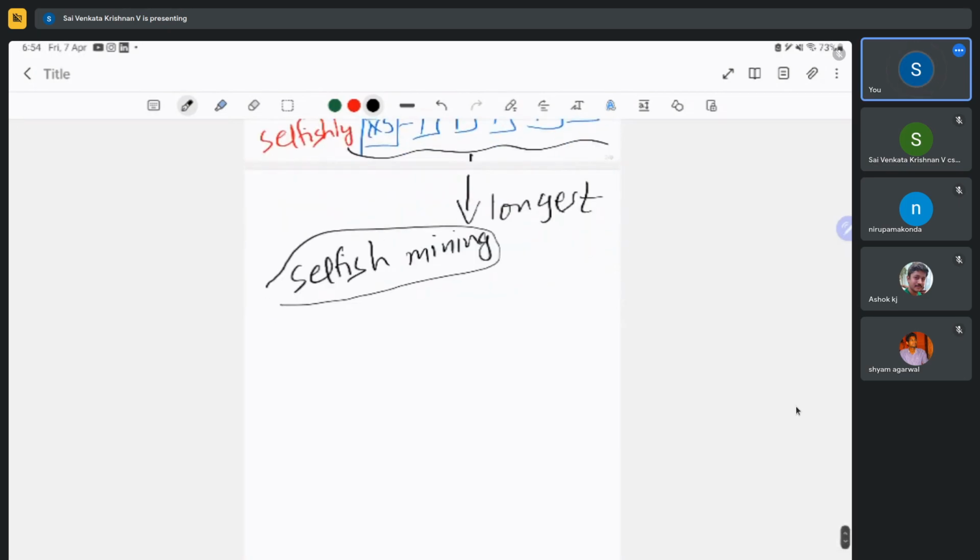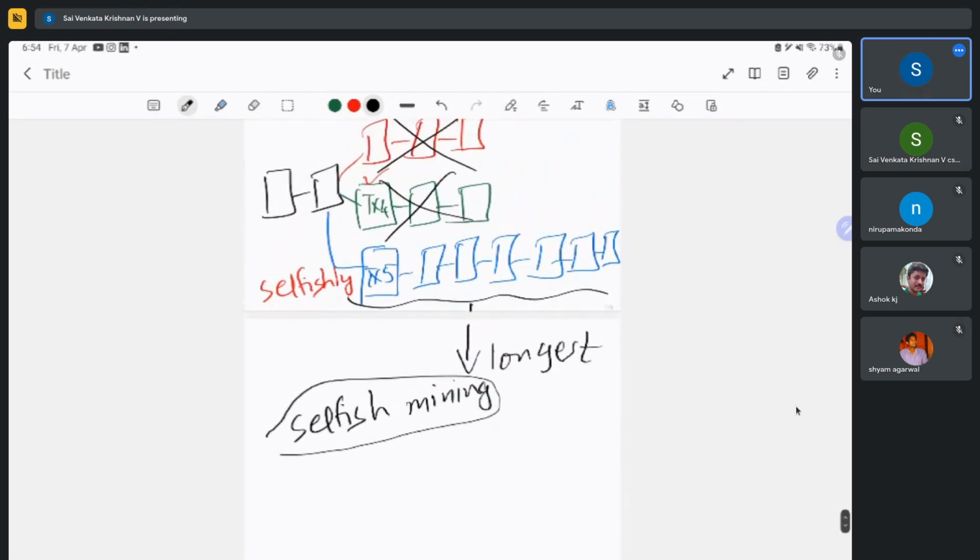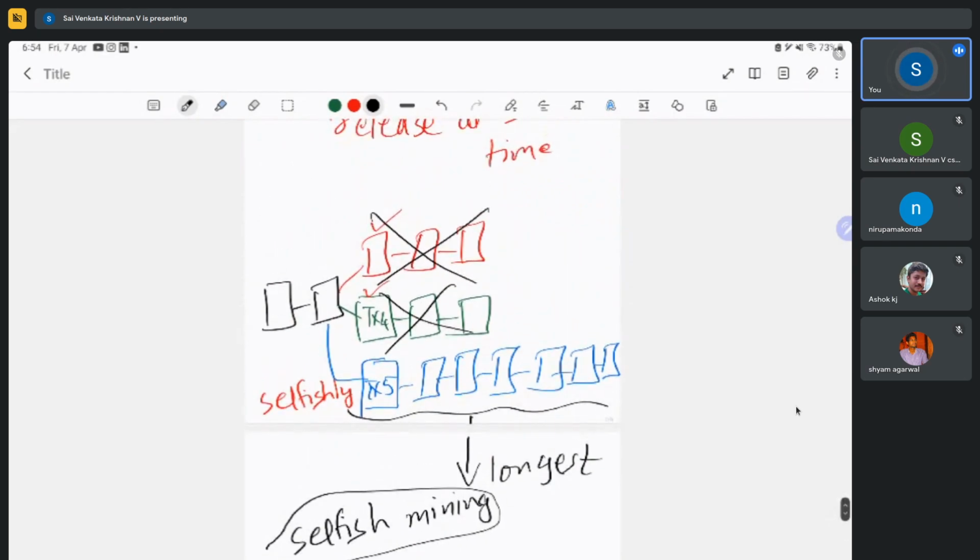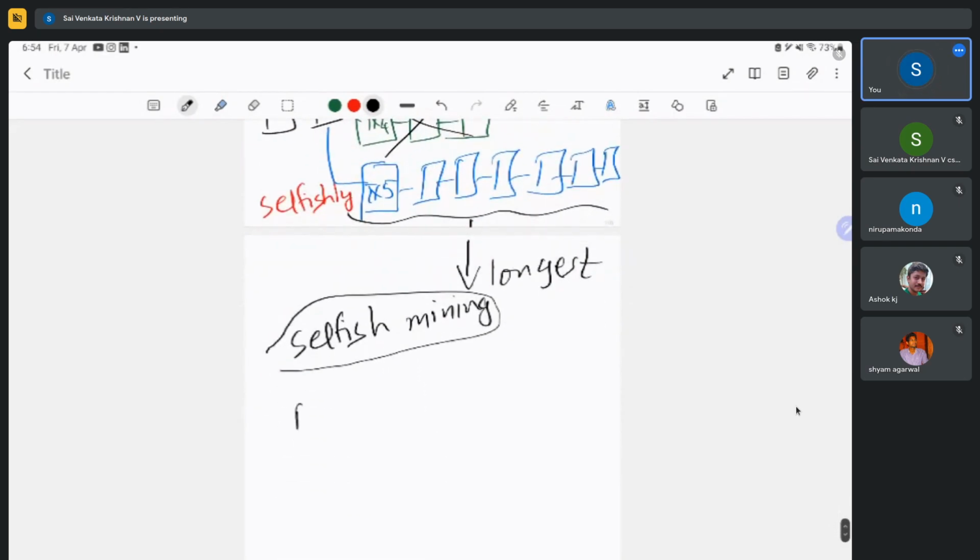Okay, and the other thing is, since now the difficulty is reduced and nodes are taking more time for reorganization,